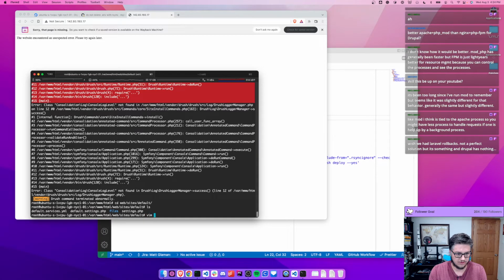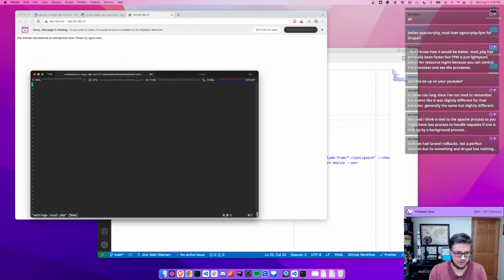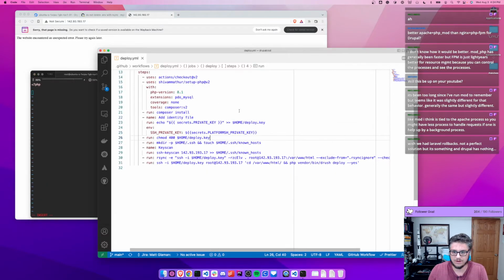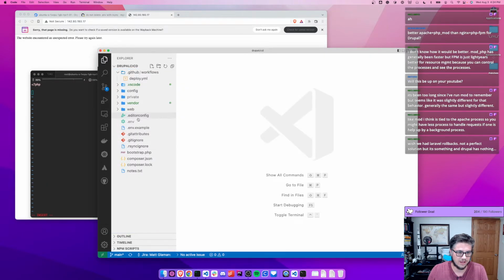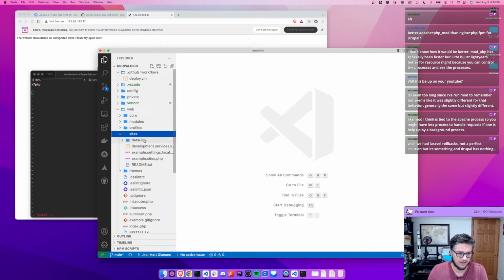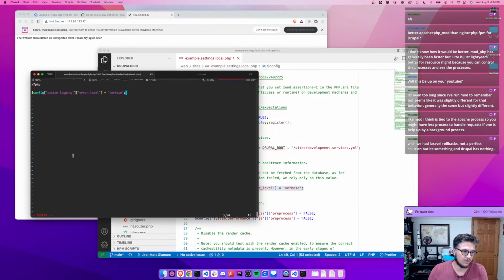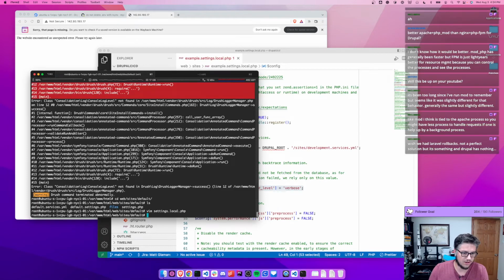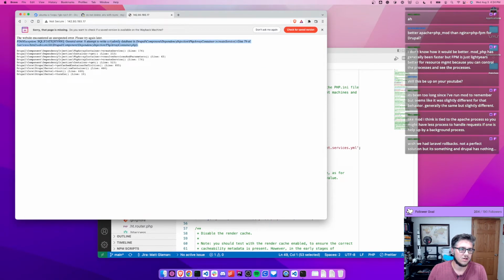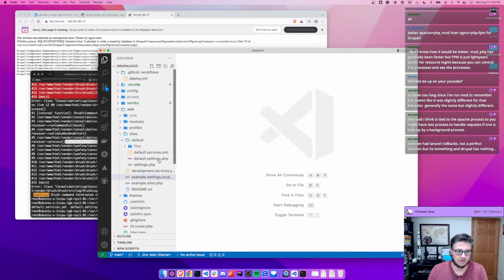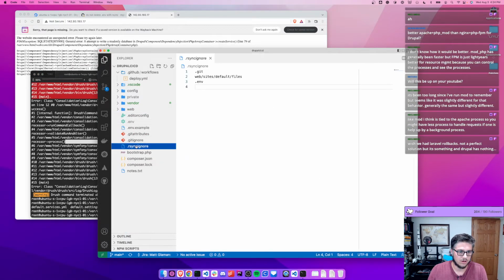So let's get the vim settings.local.php. Again, a lot of the reasons I'm hitting these errors is because I did the env deployment and I did other things. It's not exactly stock Drupal, and I should have done that to make it a more seamless experience. So let's get the error logging back to verbose with config override. Refresh. Attempted write to read-only database. That's the other part. Okay. So rsync ignore needs to ignore website's default settings.local.php